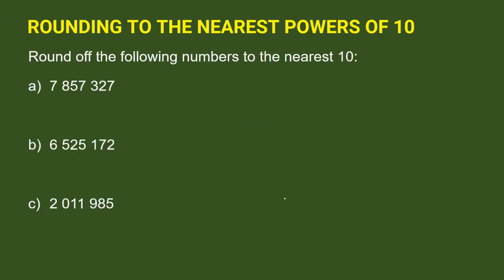You can try these before I show you the solution. You can just pause the video here and try this before I show you the solutions. Right, let's look at A. The tens digit here is 2 because we're rounding off to nearest 10. The tens digit is a 2, and then the number next to it is more than 5. So it means a 2 will increase by 1 and becomes a 3. And then the last digit becomes a 0. So this is